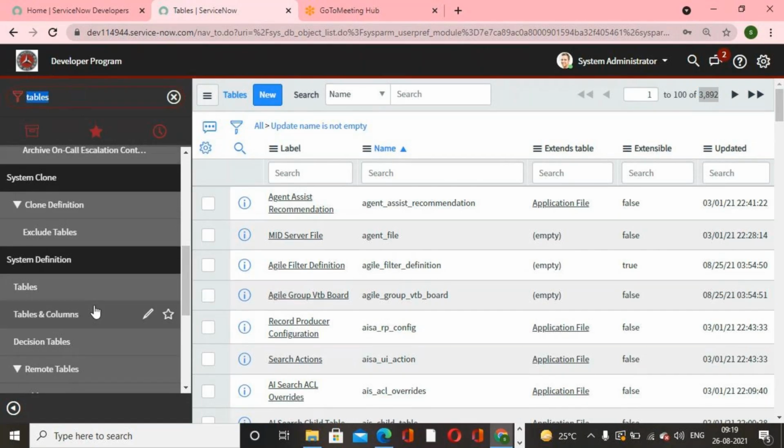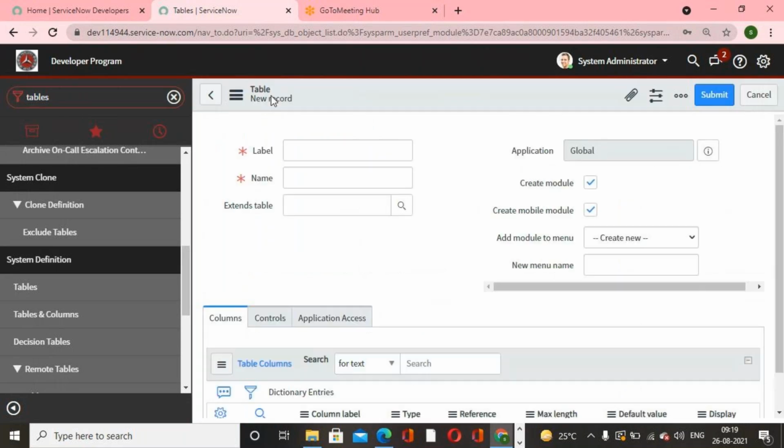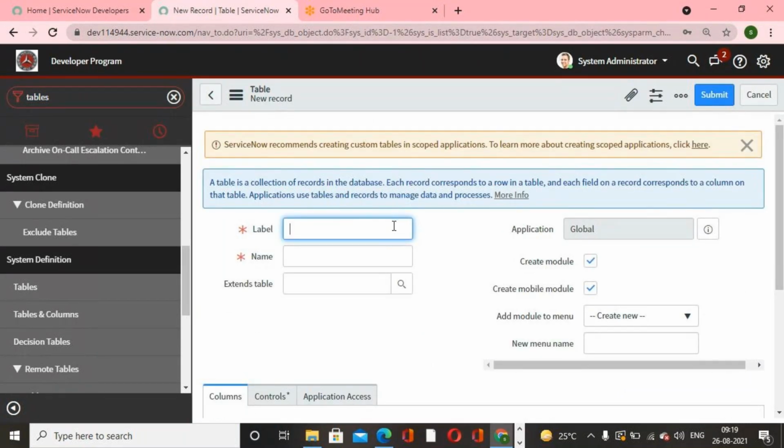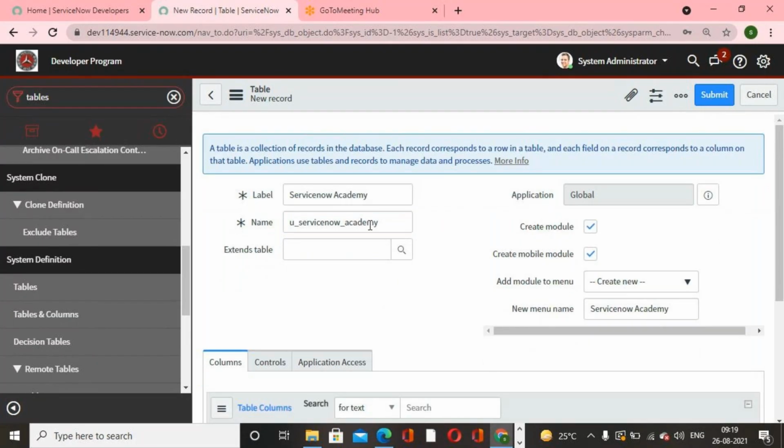Now I'm going to show how to create a custom table in ServiceNow. Navigate to Tables. You can see the list of tables over here. These are all predefined tables. Now I'm going to create a new table. Click on the New button. Our table name is ServiceNow Academy. When you provide the label, the name should be taken automatically. If you want to extend this table with any other table,